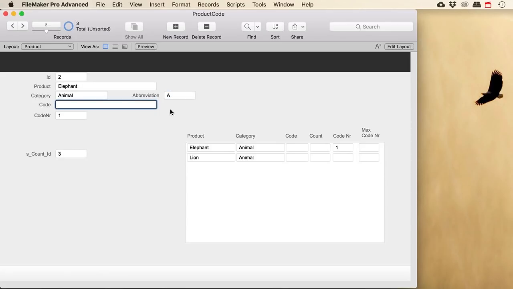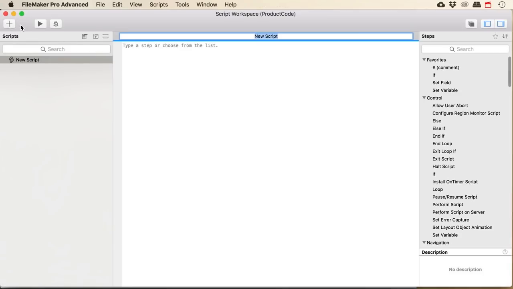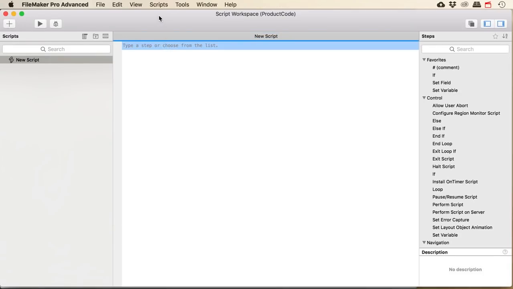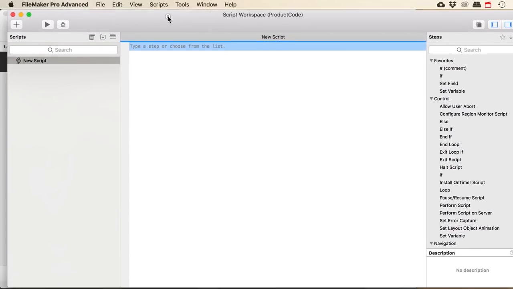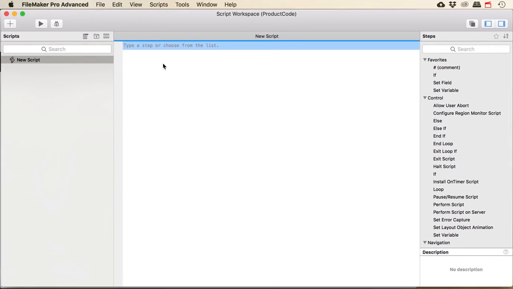My code will be generated by a script, and that script will be triggered when setting a value in this field. So those are two important things. So I'm going to go to my script workspace and create a new script. So that's what I'm going to start with. What I'm going to do is